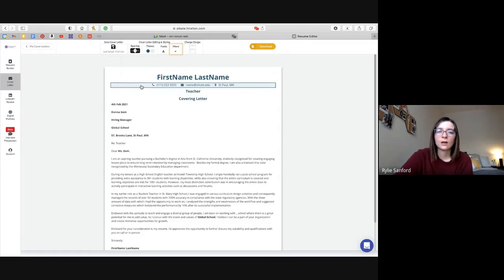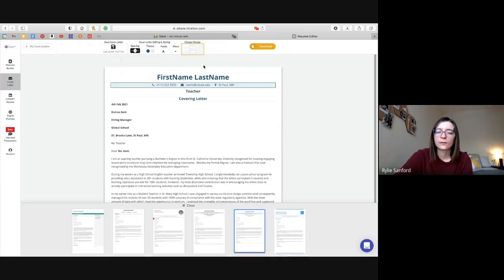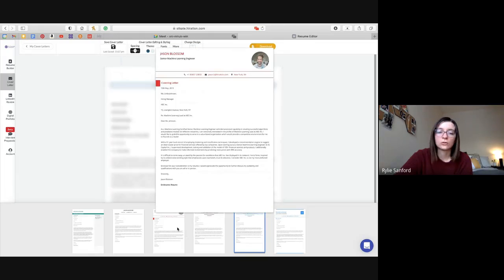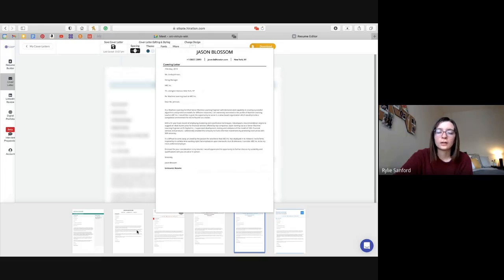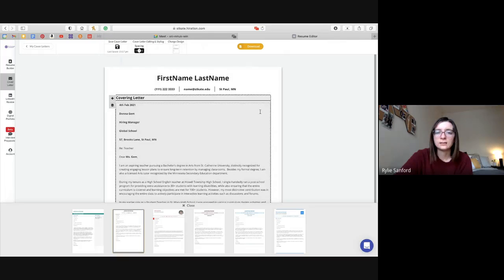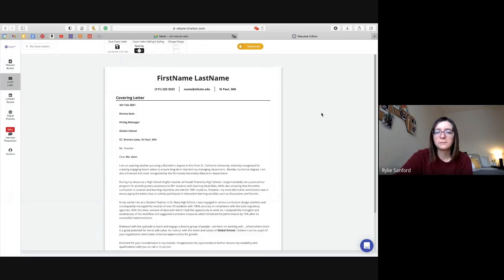The same thing applies for cover letters as well. If you would like to delete this section, the trash can deletes it, or you can add another section by clicking the plus button. And then again, similar to the resume builder, you can go on here and switch the design and everything will transfer over.